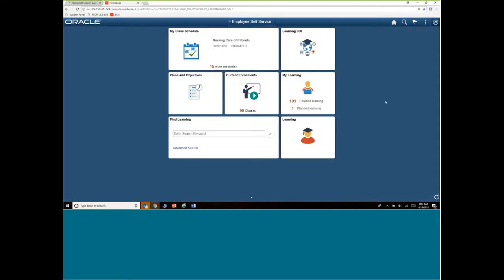So this looks quite a bit different, right? This landing page is the new PeopleSoft Fluid UI, and this was introduced several releases back in terms of PeopleTools in 8.5.5, or one release back. Now the current release of PeopleTools is 8.5.6, and for those of you that don't know, when I say